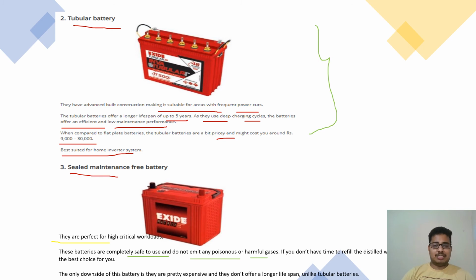Exide is there, Luminous is there, Amaron is there. There are some other makes of batteries as well. Just check the warranty and all, because sometimes they may be dead or may get some problems. So just check the warranty, because you may get some replacement or repair work. That's good. Based on your nearest dealer and all, just check in and purchase any good battery of your own. If service is not there, then it's difficult.